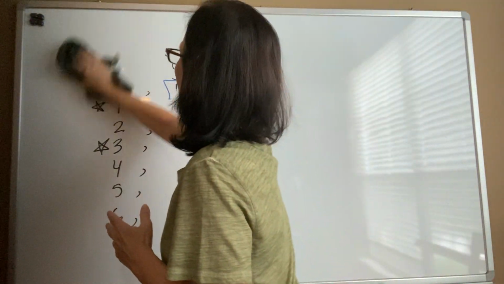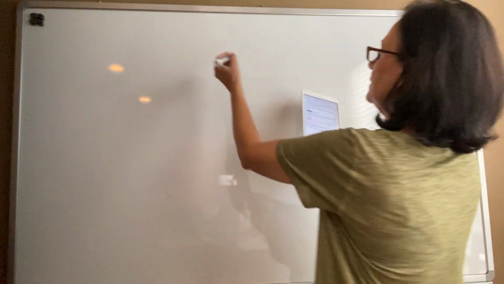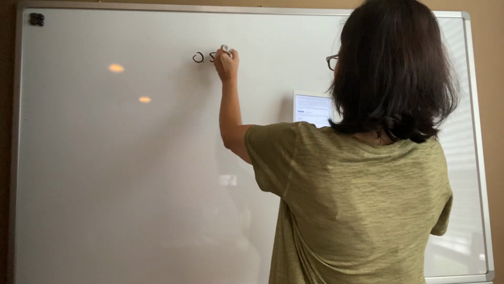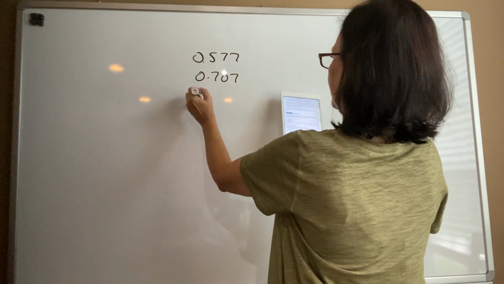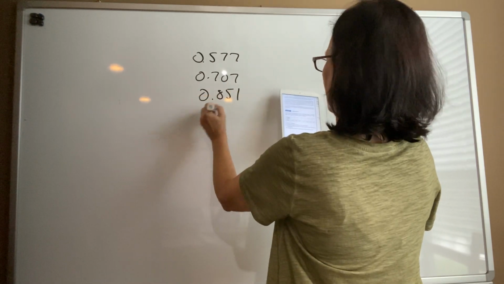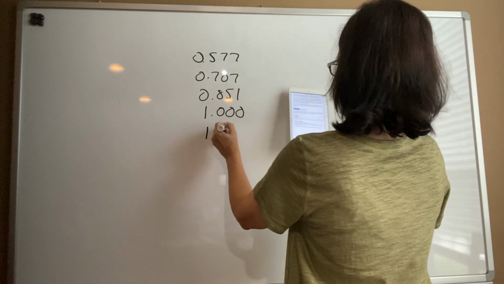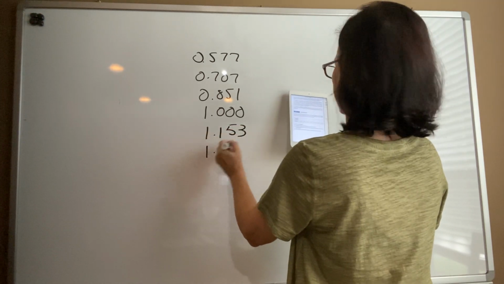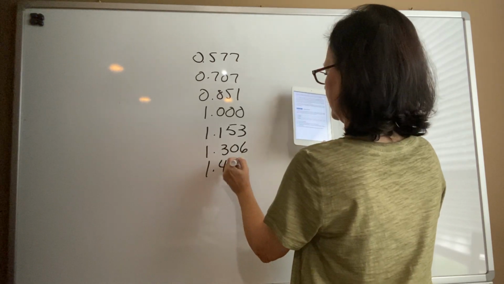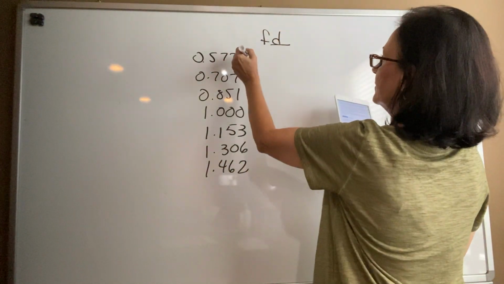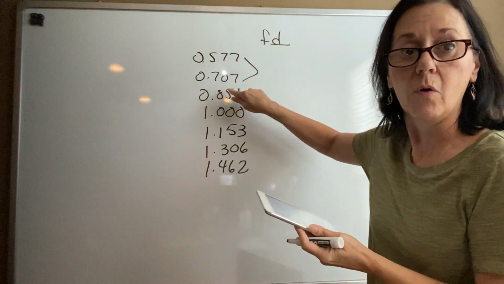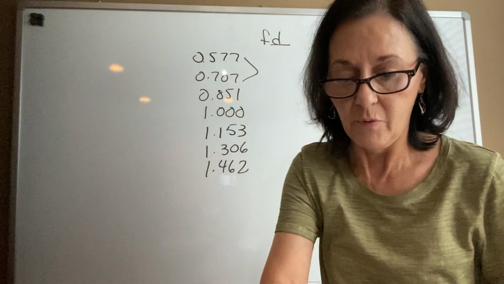I'm just going to look at my Y values, only my Y values. So I have 0.577, 0.707, 0.851, 1.0. I don't know why they wouldn't put 3 because they all have 3 decimal places, 1.306, 1.462. So my finite differences, all I'm doing is taking 0.707 minus 0.577,